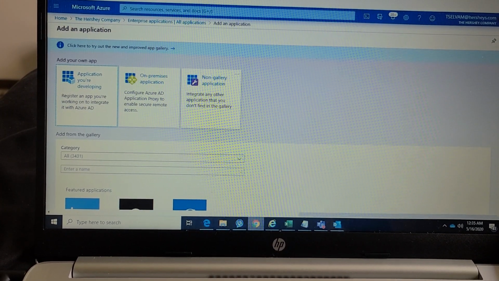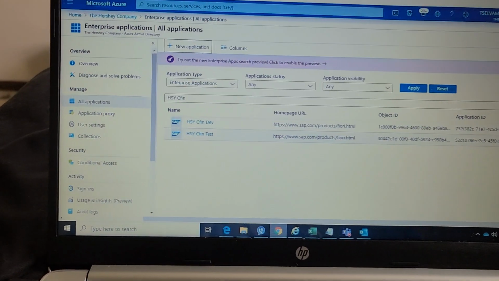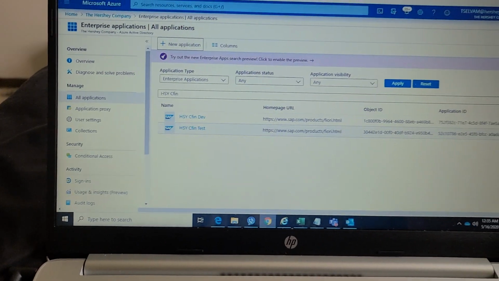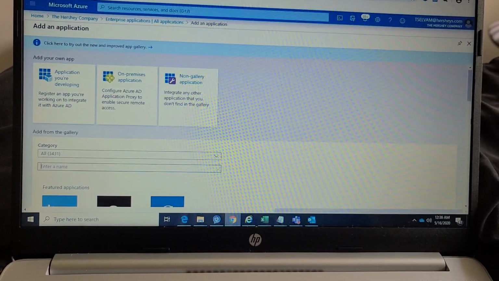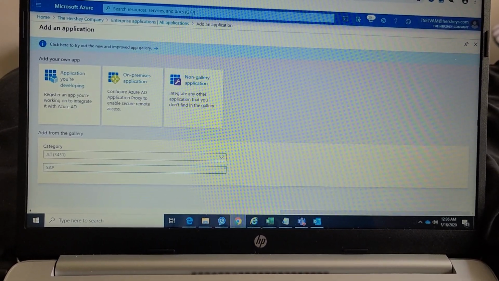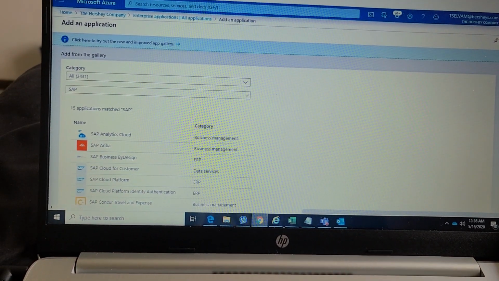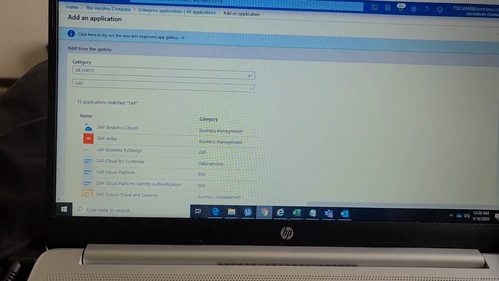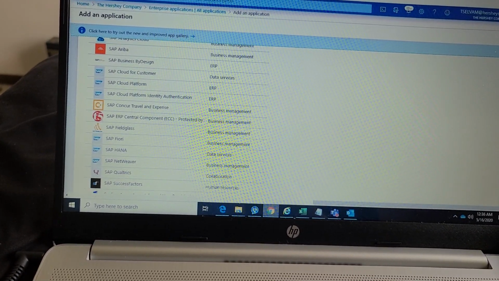One second, I have to check. These are coming under SAP NetWeaver, I guess. Can you see the SAP symbol? So CFIN, the production, also should come under SAP. So here you search for SAP. If it is a SAP-based application, it comes under gallery application, if not, then non-gallery application. With SAP, it will be either in SAP Fiori or SAP NetWeaver, and both have the same symbol. So now I don't know where they created it.